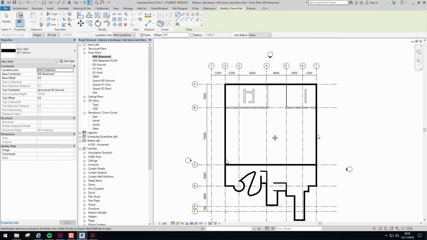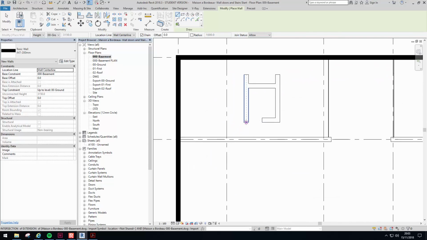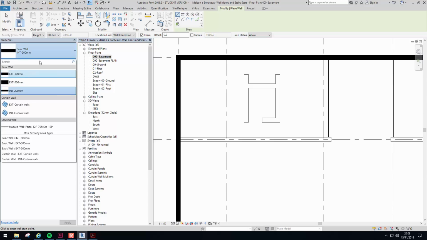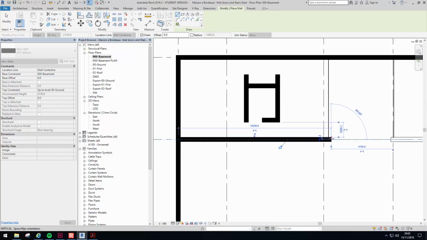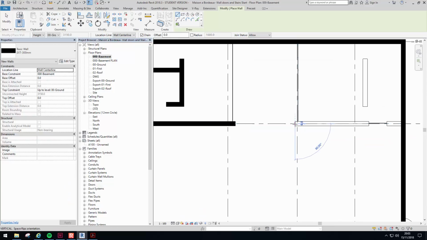So the main house is done, and the internal walls, they're 300. So we can just go to our properties and select the 300 wall. And again up to that point there, and then stop it there. But where we've got a bit of glazing, we're going to just embed